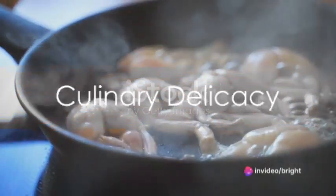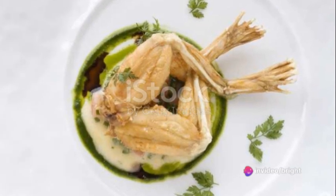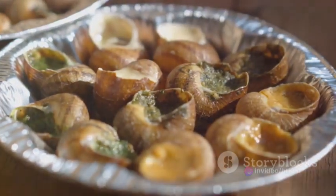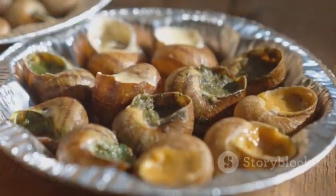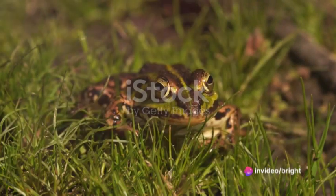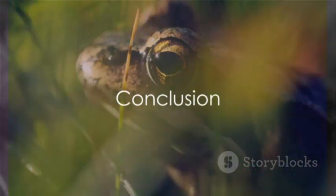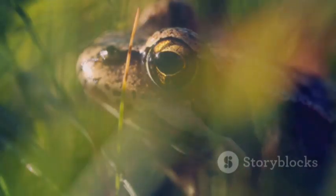But the edible frog isn't just an interesting study in biology, it's also quite the culinary delicacy, particularly in France, where its legs are a much sought-after dish. The females of the species measure between 2 and 3.5 inches long, while the males are slightly larger, between 2.4 and 4.3 inches. In summary, the edible frog is a unique creature that's both a scientific marvel and a culinary